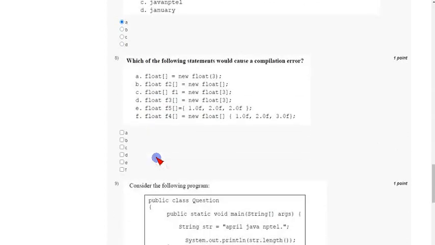And coming to the eighth question, which of the following statements would cause a compilation error? There are actually two options here. Float f1 equal to new Float of 3 is one way we can get a compilation error, and the second one is option B, float f2 equal to new Float.